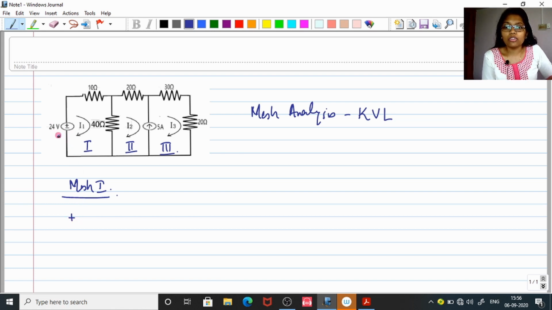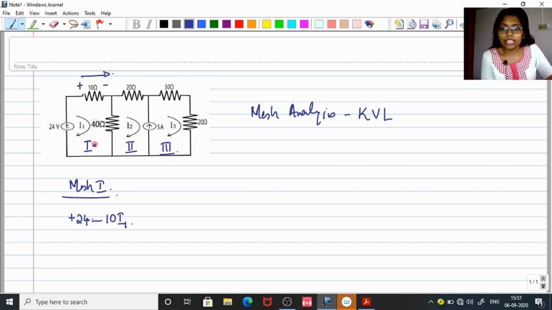And also here the voltage available is 24 volt, and remember in a KVL equation each term will be your voltage drop. So here it is 24 volt and the current next passes through the 10 ohm resistor, and since the current flow is like this, it is obvious that here it will be positive and here it will be negative. So the current path is hitting the positive side of the resistor, isn't it? So we have to write a negative here. And what's the voltage drop across this 10 ohm resistor? It is simply current into resistor, which means I1 into 10, that is 10 I1.